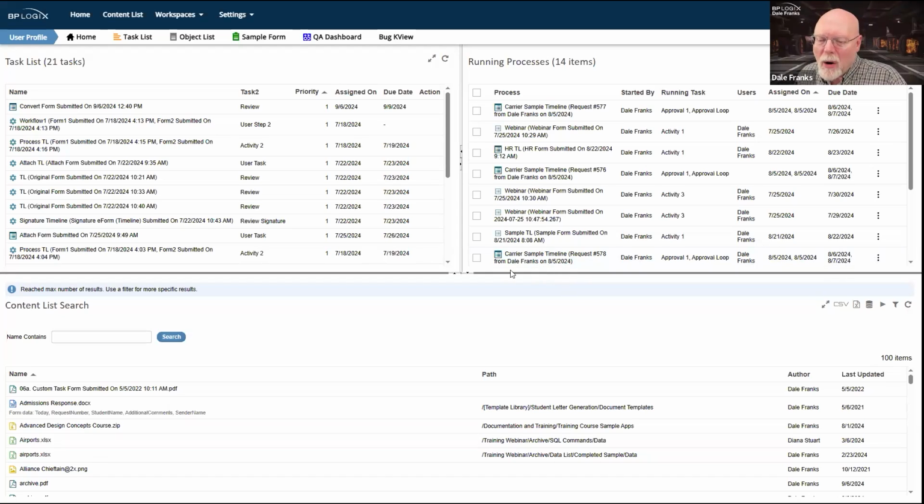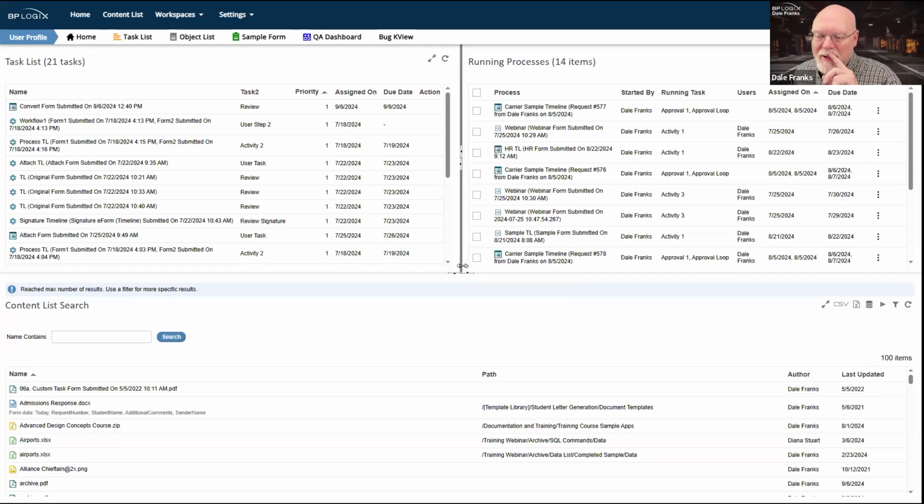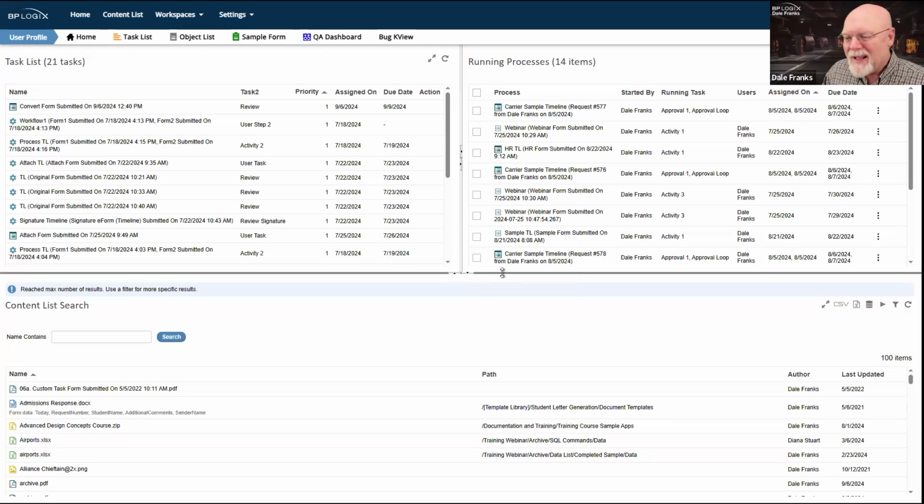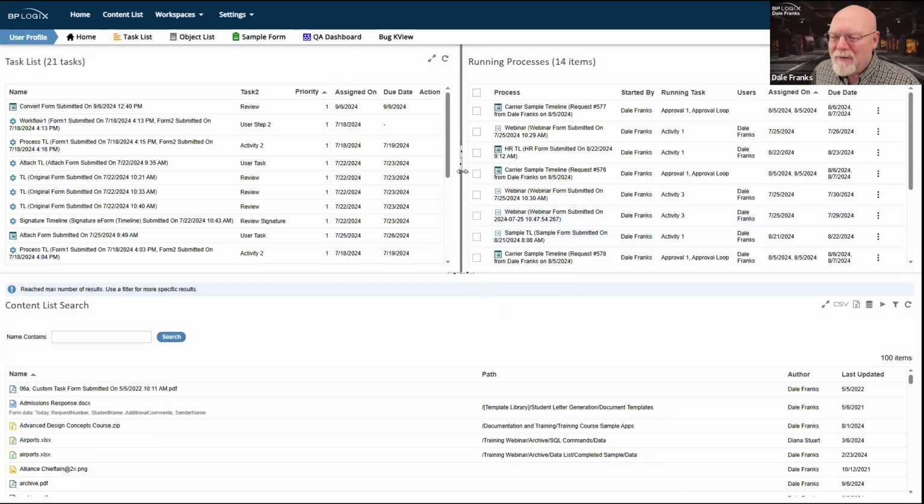I don't particularly like the look of this because to me it looks old, although I suppose we could change the look of it slightly to make it flatter and get rid of this 3D look, but I'm not a big fan of this particular type of segregating off different portlets.